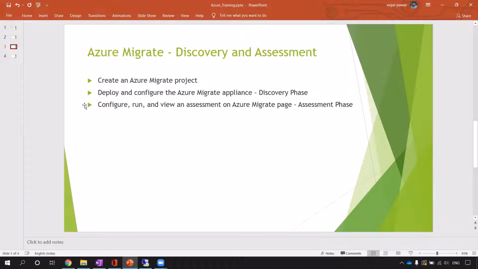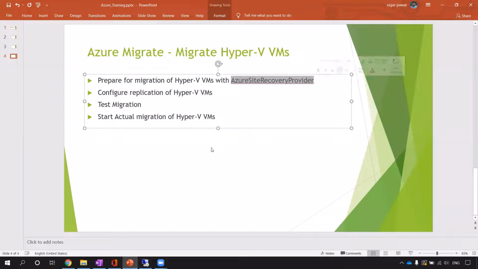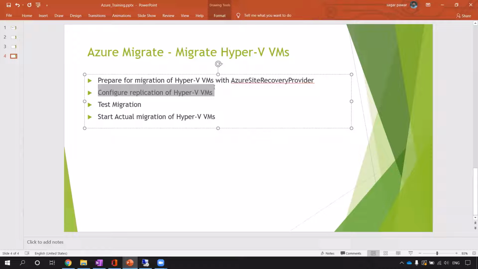Once we complete this step, we go to the next step where we do the actual migration, where we need to download one agent, the Azure Site Recovery agent, which helps us to do the migration. It will replicate the object, and then it will help us to start replication where the object will be replicated from on-premise to the cloud.